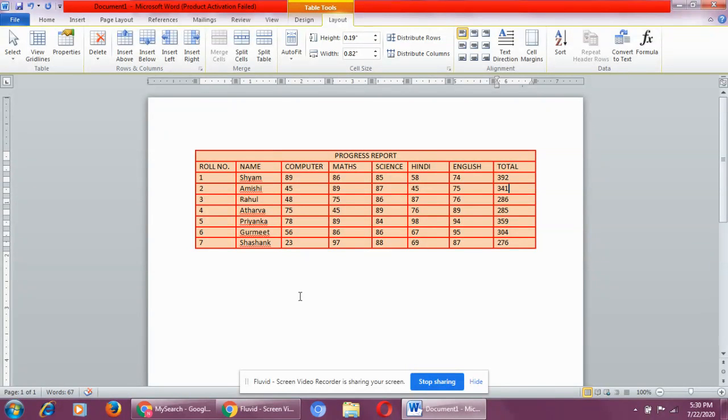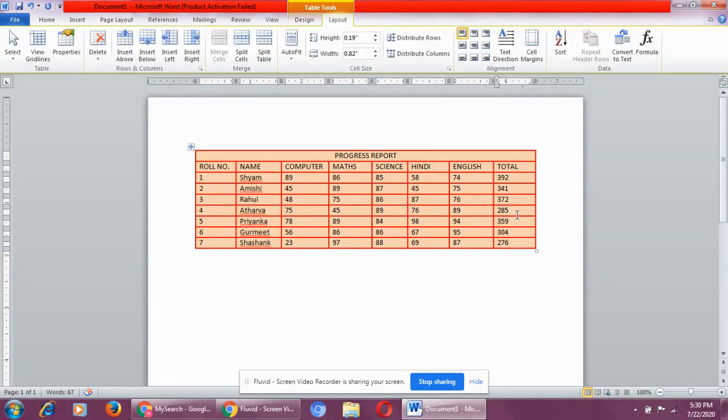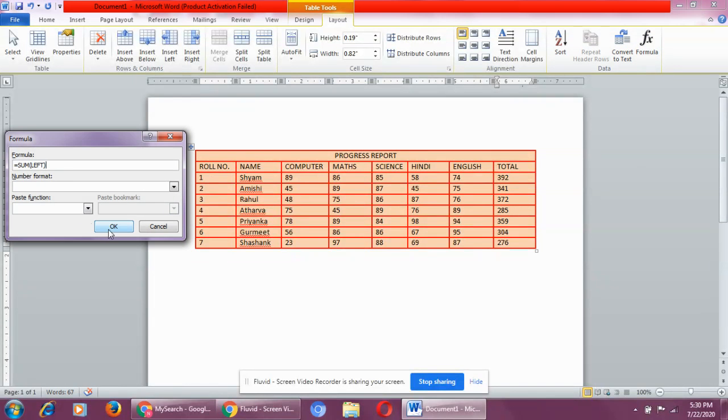What you need to do is put the pointer in that particular cell and press the F9 key from the keyboard. But since the F9 key is not working over here, what I'm doing is clicking on the cell, click on formula. Already the formula is printed. Click on OK. 372. The next is 285. Formula.